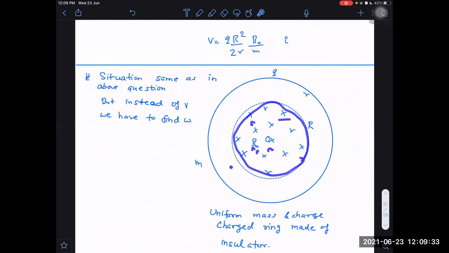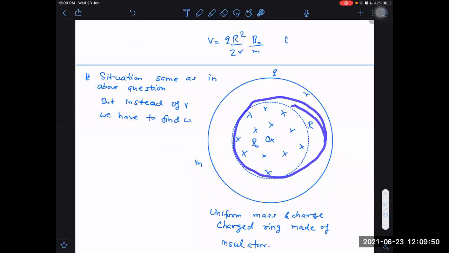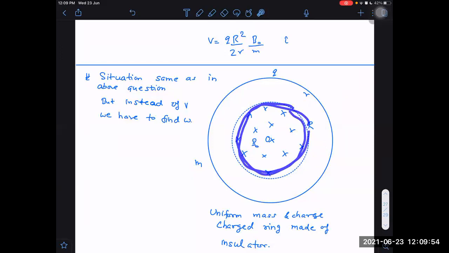And on the disc, we have to find out what is the angular velocity obtained by the disc just after switching on the magnetic field. Can you find that? Angular velocity of the disc. First of all, again, we have to take a ring element, and on the ring element find the torque acting on it. Then the net torque acting on the total, and that net torque into dt will be equal to I omega.